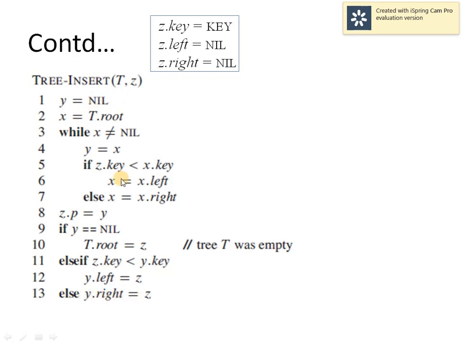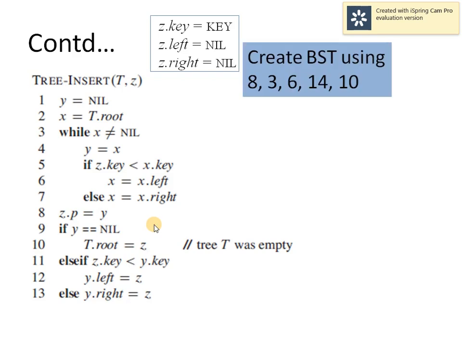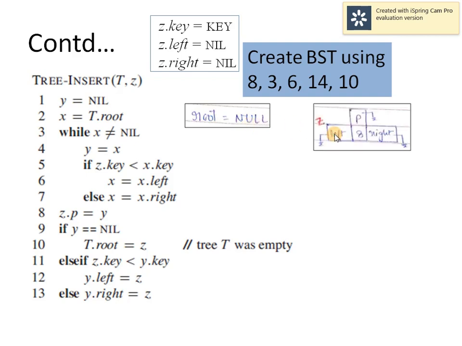So in this way, we can insert a new node in a binary search tree maintaining all its properties. Here we are maintaining the parent pointer also, and plus we have used the iterative procedure in this case. So if I quickly execute this code for a sequence of 8, 3, 6, 14 and 10. Initially, root is equal to null, fine. And we are going to insert a new key to this binary search tree, and that key is 8.